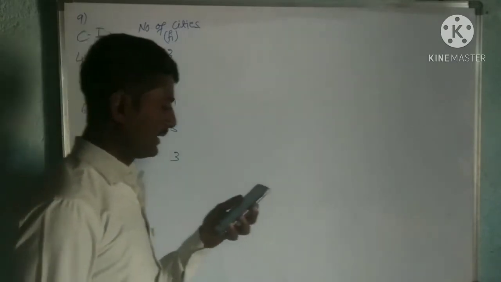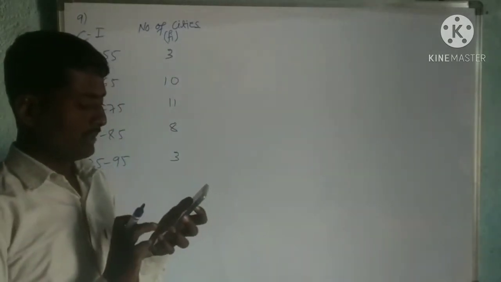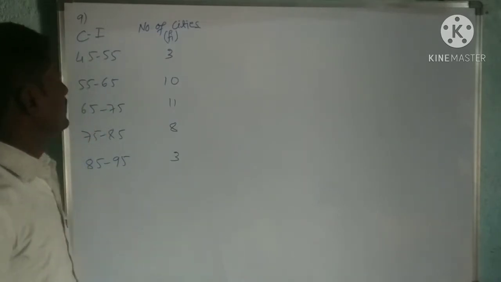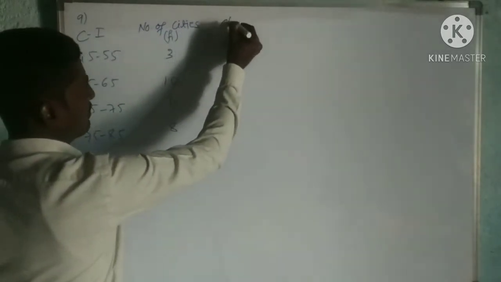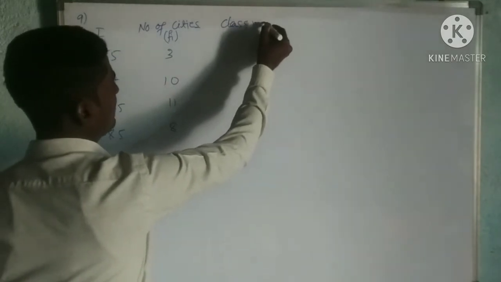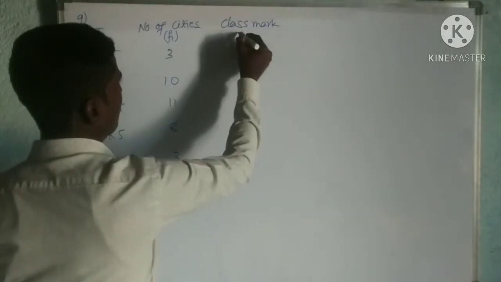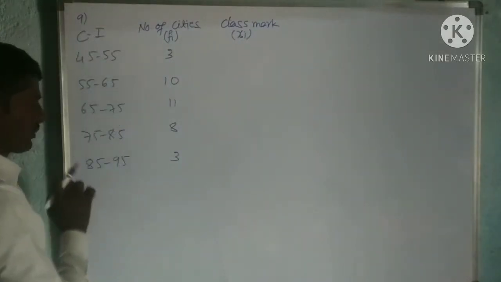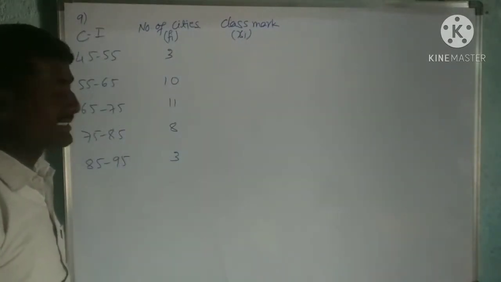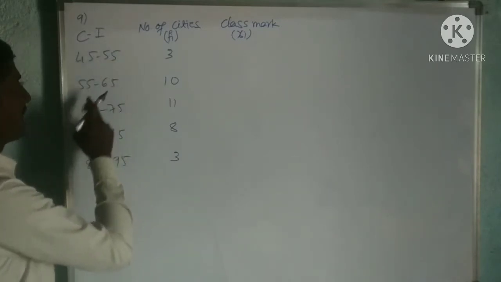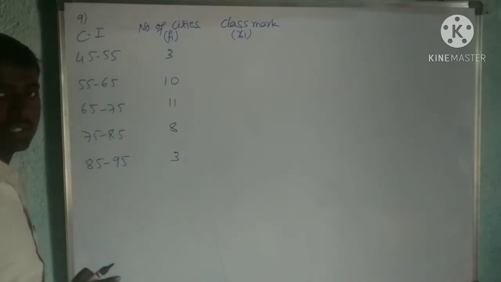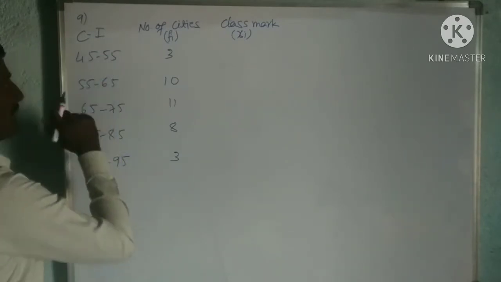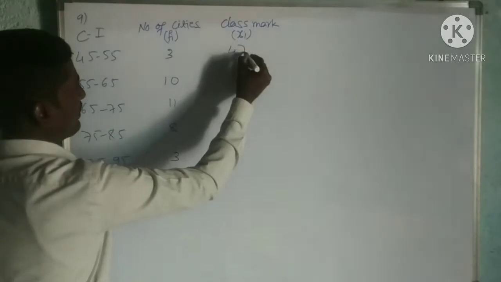For this we have to find the mean of literacy rate. So this is fi. Then same procedure, class mark we have to find, that is xi. For each class interval 10 difference is there, means class size is 10. And you observe that it is continuous. Now I have to add 2.5 for the lower limit, it becomes 47.5.